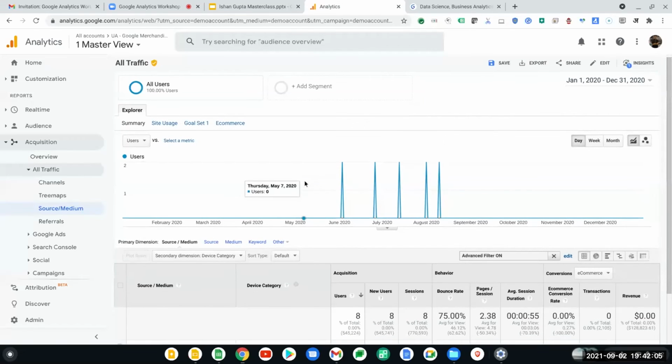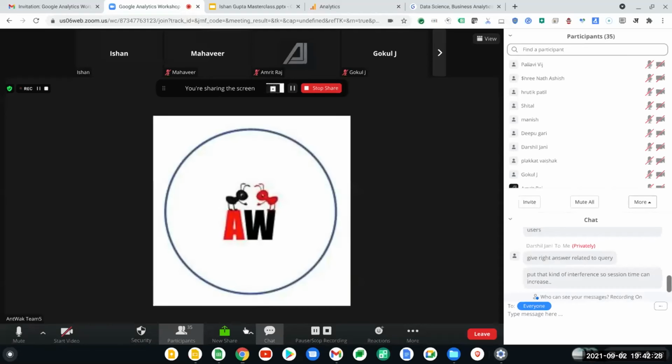Okay, so this brings me towards the end of the demo for GA. I thought I'd give you a quick overview of how it works, how different acquisition reports look, and what kind of data we can find. I thought we had a good discussion around that entire bounce rate piece. So yeah, back to you, Rumpi, unless people have any questions. Yes, let me tell everybody about AntWak, then we can take a few questions, right? Perfect. Let me share my screen.